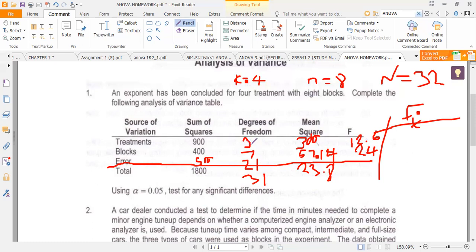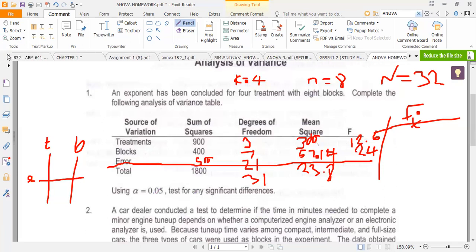Also, we use the coordinates against the error. So when you're reading this, the error will be in the what? A horizontal axis. Then here we're going to have the treatment, and here we're going to have the block as well, when you're reading the table, so where they're intersecting. So since this is at 0.05, we will need to check on a 5% table,